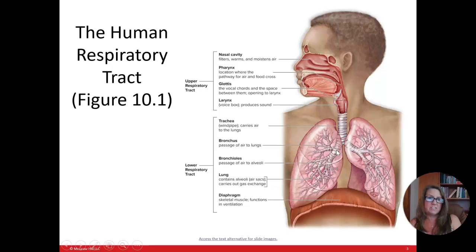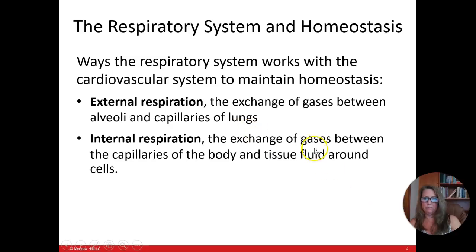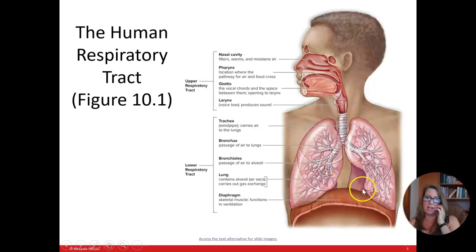This bronchus then can divide up as a primary bronchus, secondary bronchus, and eventually we get to some smaller tubes, and we call these the bronchioles. So you have those both in the right and left lungs. The bronchioles are eventually going to, right here you can see them, terminate or dead end in what we call the alveoli. They look like clusters of grapes, and this is where we actually have the air exchange. That's where you're going to have the oxygen being dumped off and the CO2 being released back into the